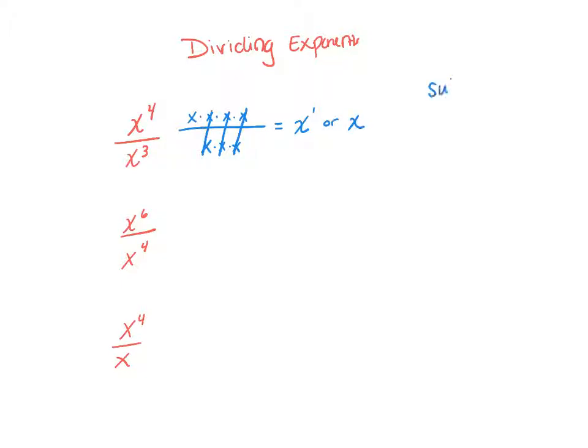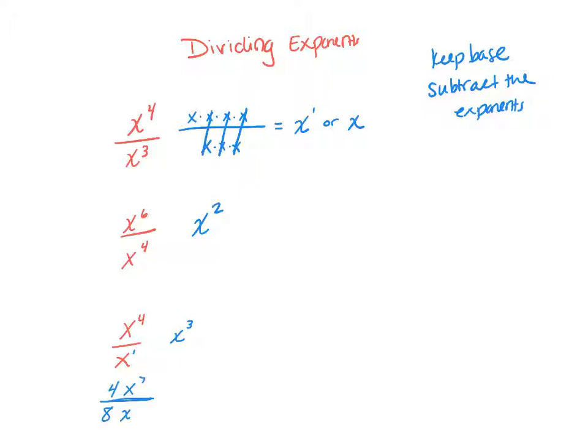So the rule is to subtract the exponents. Keep the base, subtract the exponents. So x to the 6th over x to the 4th, we subtract, we get x to the 2nd. X to the 4th over, remember that's an x to the 1st, so we subtract, we get x to the